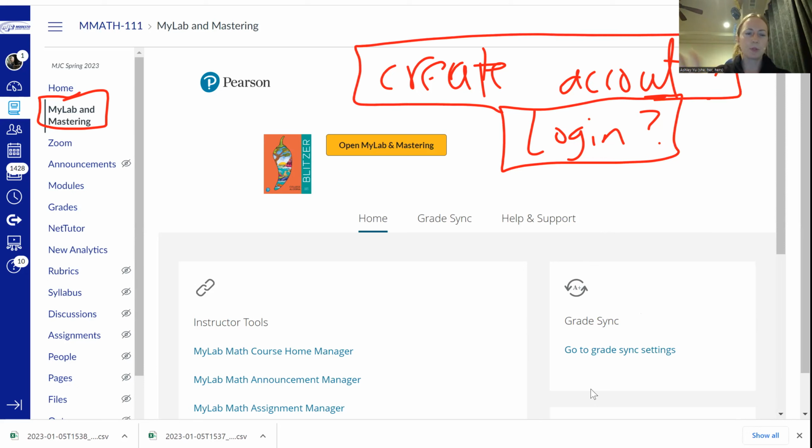Just make whatever username you want, but try to make your name match the name that I would see on PiratesNet, because a lot of times someone gets married and changes their last name, and then I see their new name in MyMathLab, their married name. I say, oh, okay, this is their grade on their homework. Cool. And then when it comes time to give them their overall class grade at the end of the semester, I can't find their name in PiratesNet to give them their grade, because their maiden name was in one and their married name in the other.